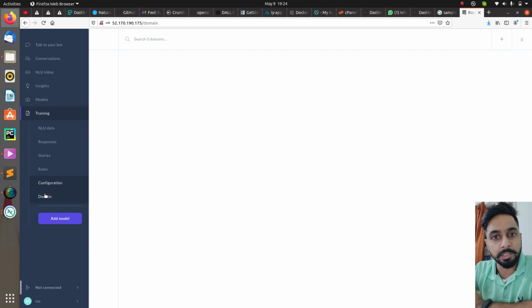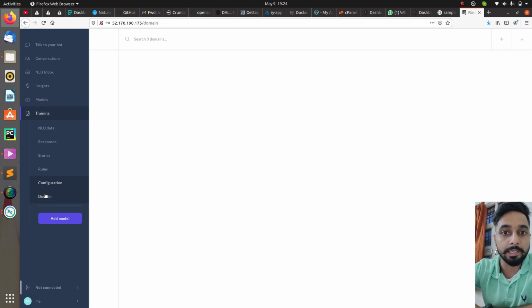So you have two options: either you create a new chatbot, or you directly link your Git repository, which already has an existing Rasa chatbot, to the Rasa X which you have right now. But currently we don't want to create a new one. Instead, we already have one Git repository where I have my Rasa chatbot for the hospital bed availability part. So we will directly link that to Rasa X, right?